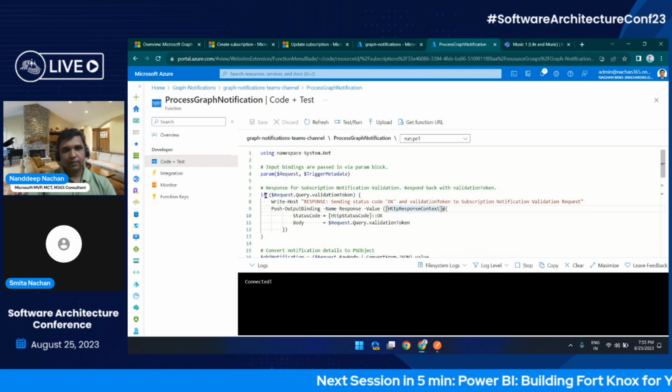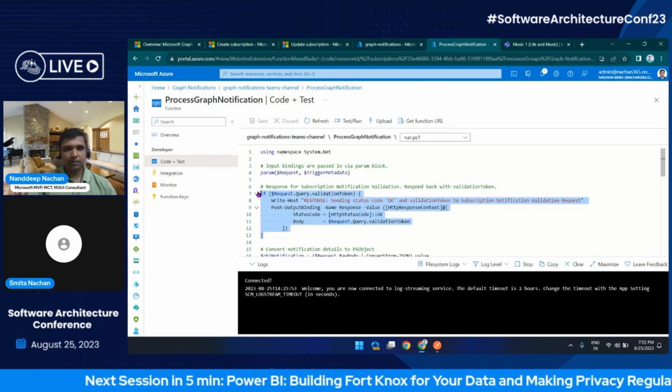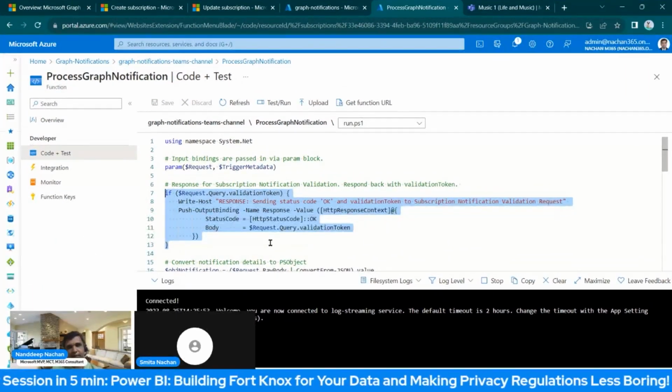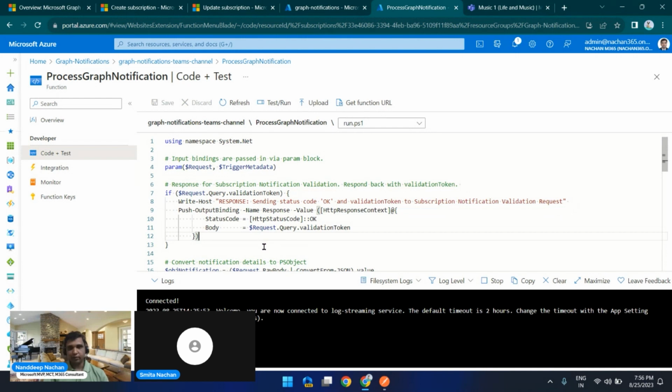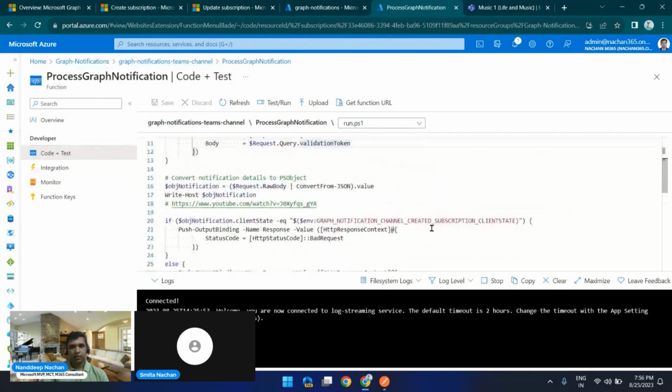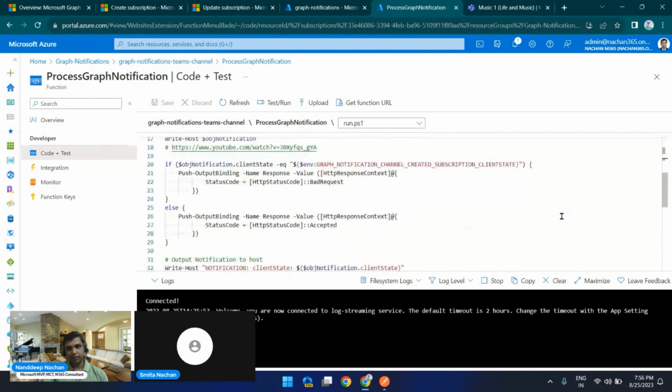And here you can see that this is the response that we are going to send back to our graph notification, saying that okay, I'm ready to process all of the notifications that you are sending to me, by sending the status code as okay, and sending back the same validation token that we have received from the graph endpoint. Next time, whenever we get a notification from the graph endpoint, we are going to